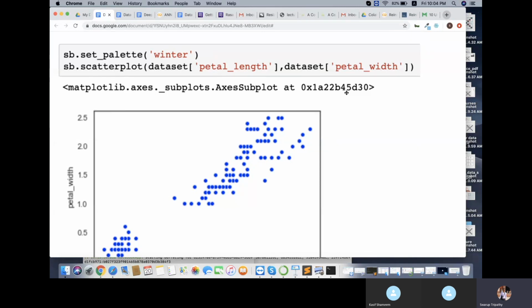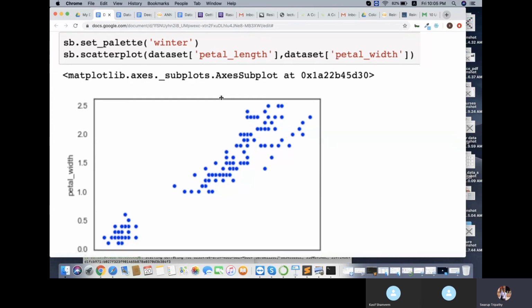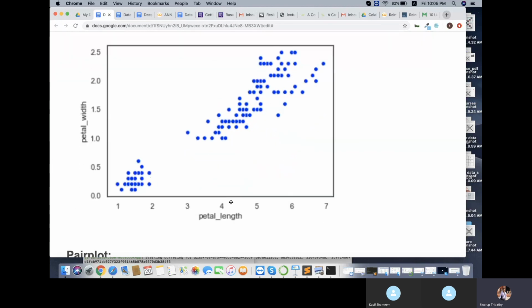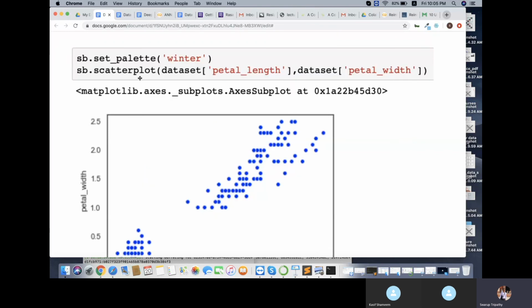So scatter plot is used to check the correlation among the data, to check how correlated your data is. For that we do a scatter plot. So here also I have done the scatter plot on two continuous values. Correlation among continuous values only we can check using scatter plot, not categorical data. So here, when petal length is increasing, how is it affecting petal width? We can say that when petal length is increasing, petal width is also increasing. So they are linearly correlated. Like that we can find out correlation among the data using scatter plot.